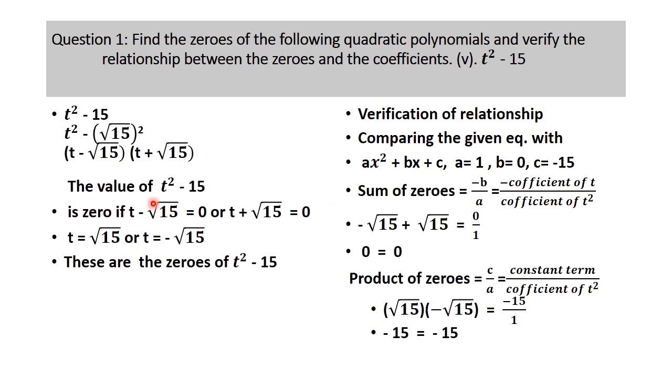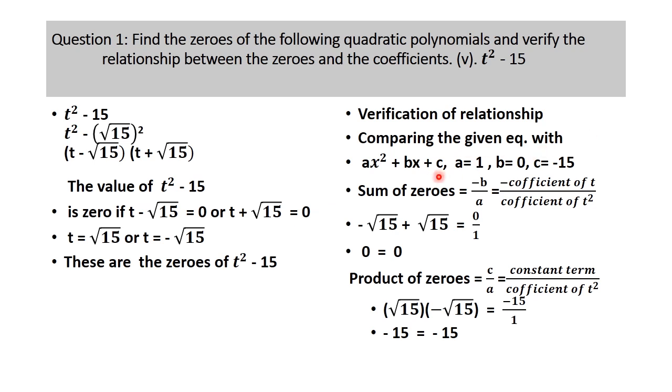So the value of t square minus 15 is 0 if the first factor is 0 or the second factor is 0. These are the two factors of this quadratic polynomial. So the value of t from the first factor is positive under root 15, and from the second, minus under root 15. So these are the zeros of the given polynomial. Now the verification part,